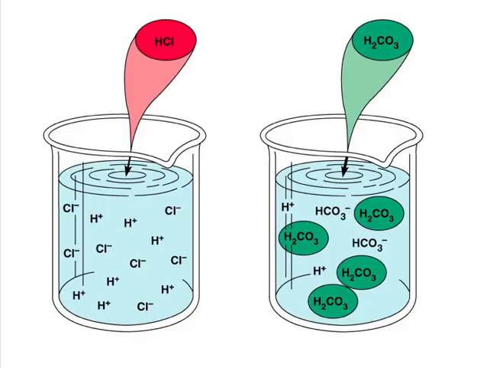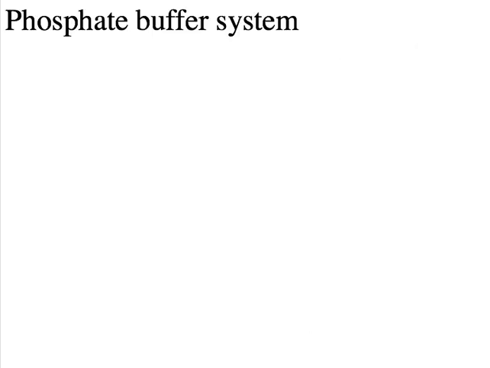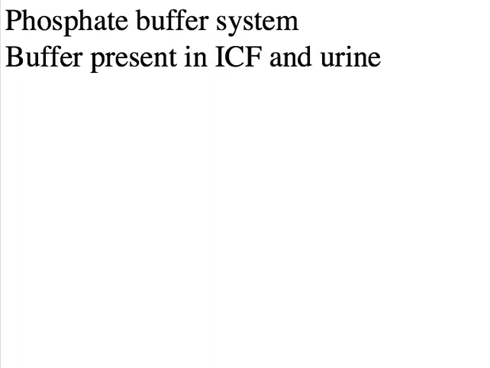Okay. So I did want to take you through the other two buffer systems just very quickly. You should be aware of them. So this is the phosphate buffer system. This is the buffer system present in ICF, which is the intracellular fluid, and also in your urine. And the equation goes like this. You have your hydrochloric acid,